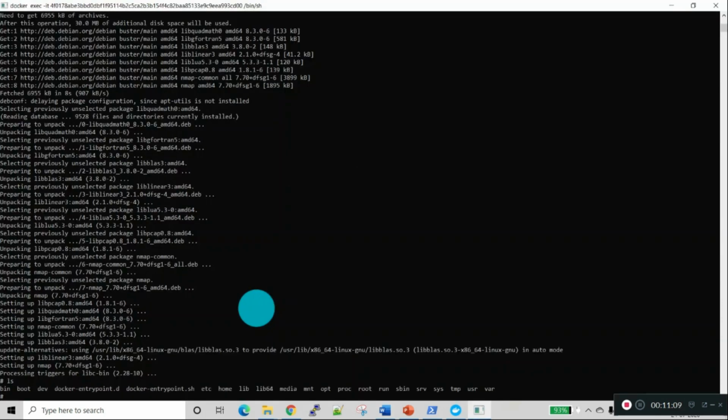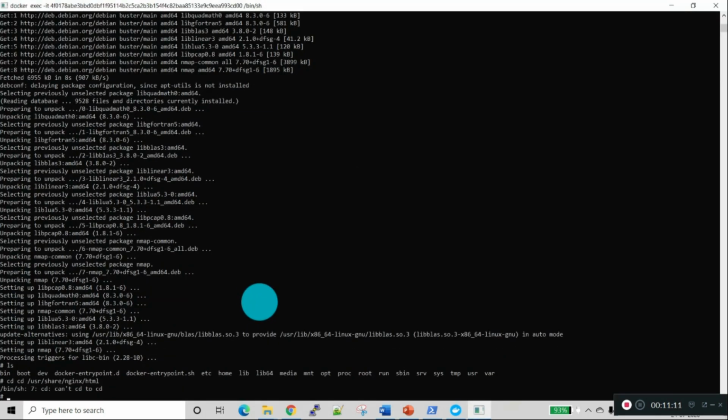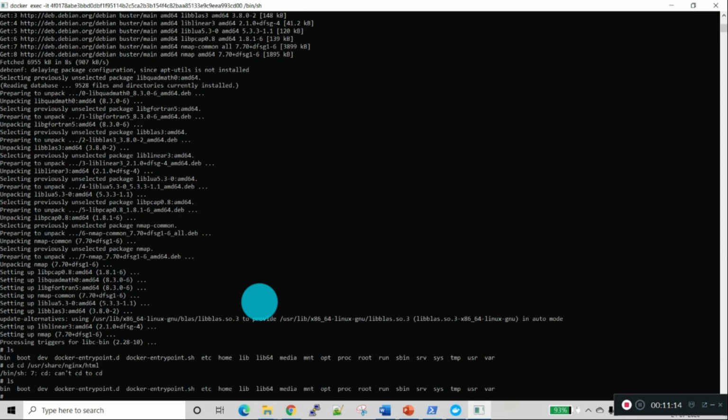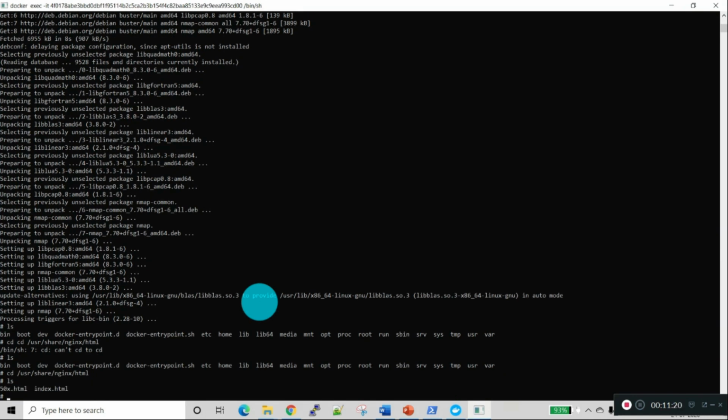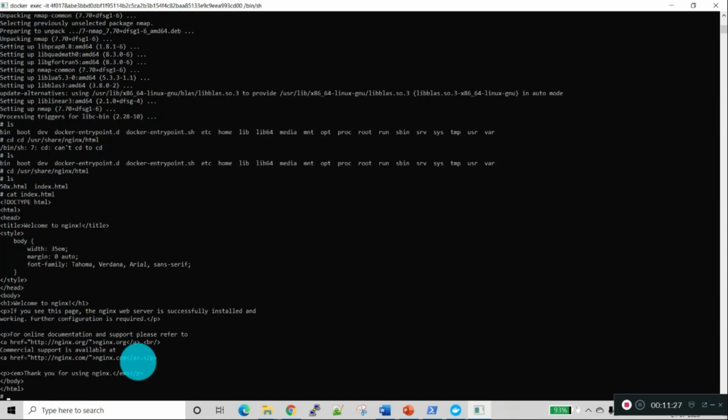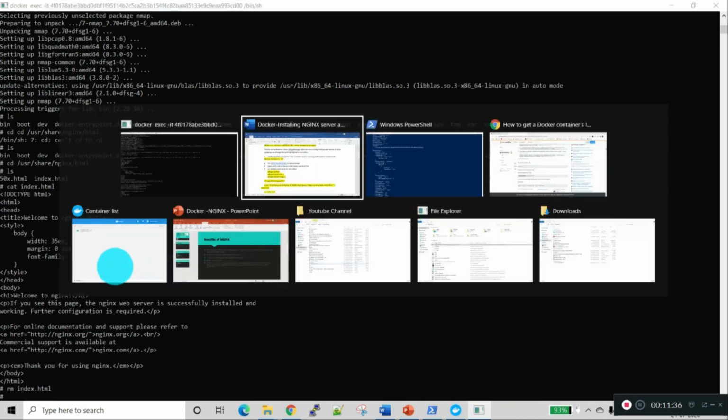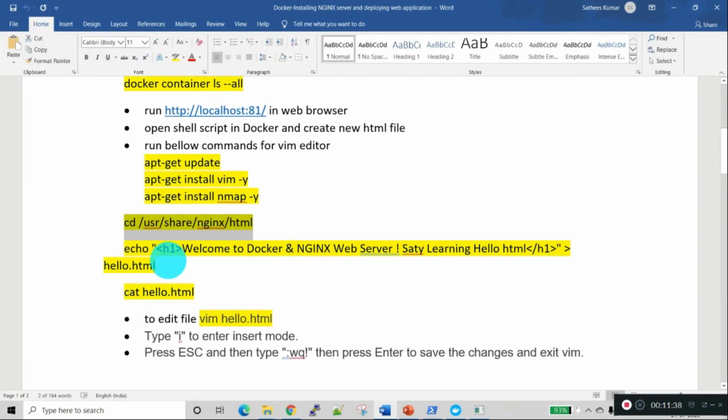We have the HTML folder, ls. The index.html, we will see what the content is in the index.html. This is the page actually. We will remove index.html and create a new index.html.